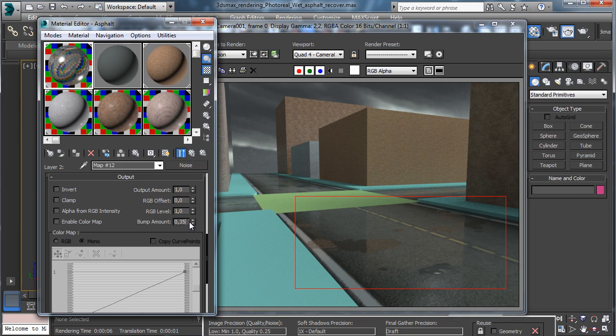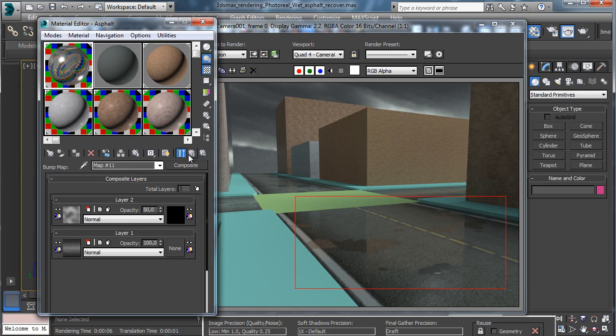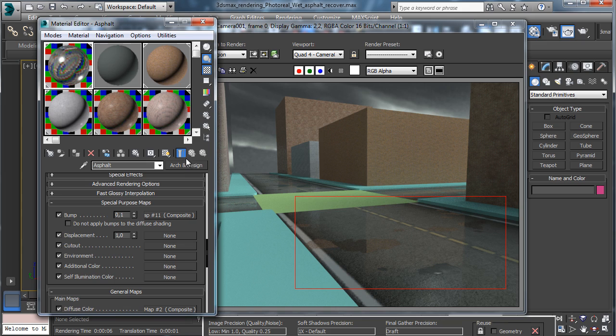It is still too much, so we can go lower. Let's say maybe 15 and render. Okay, you see that we have just a little bit of bumping. Then we have to use a different